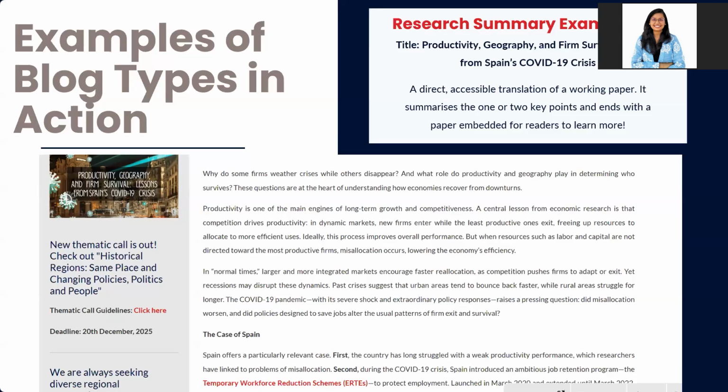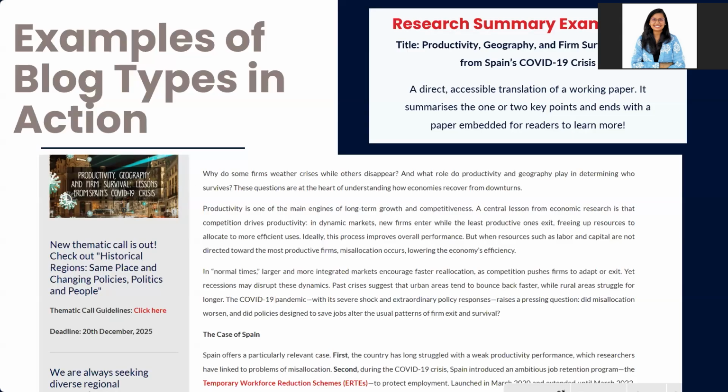This is a short blog from a working paper published by Subin on a platform, I think it's Oxford or Cambridge, and I'm sorry if I'm not remembering this correctly. In this blog, they have taken some snippets of the working paper and written a whole blog out of it, made it cohesive for people to think about